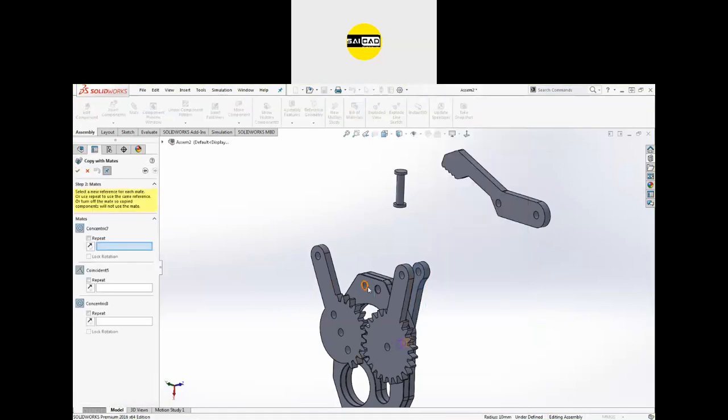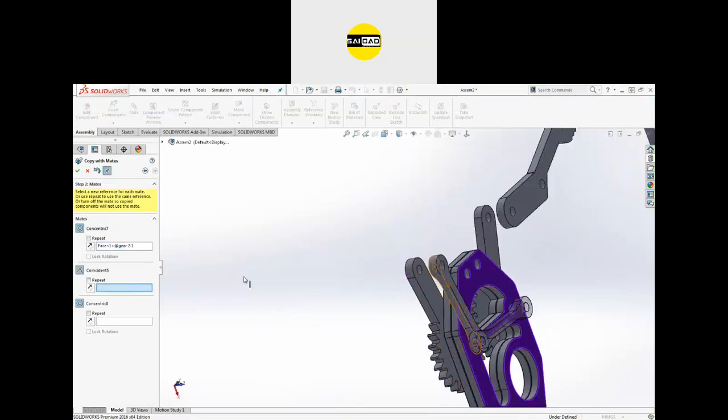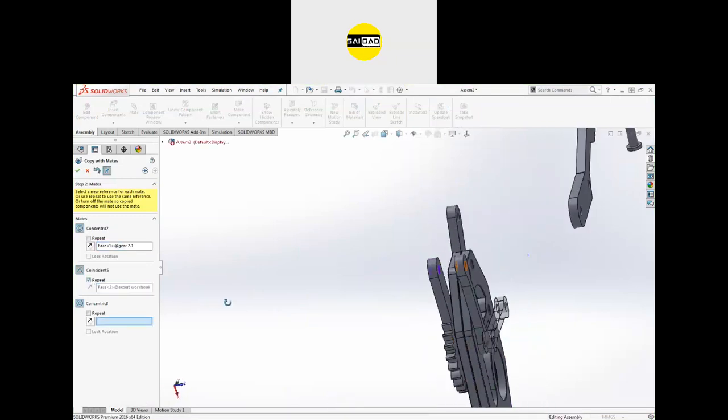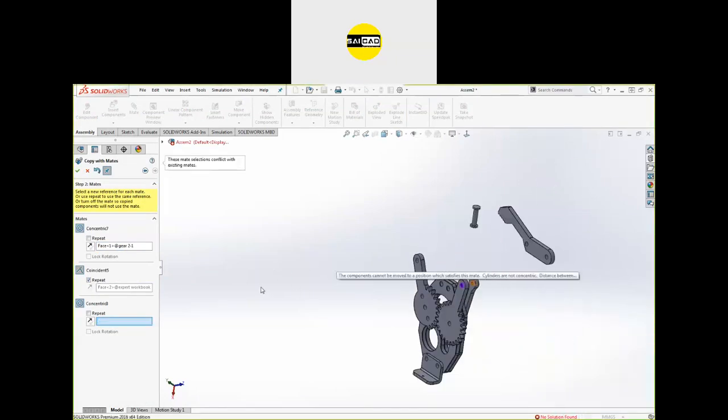So I can just go to the copy with mate. Next I need the first circular, that will be this one. I need the face that will be repeated, and I need the third one, that will be this one.